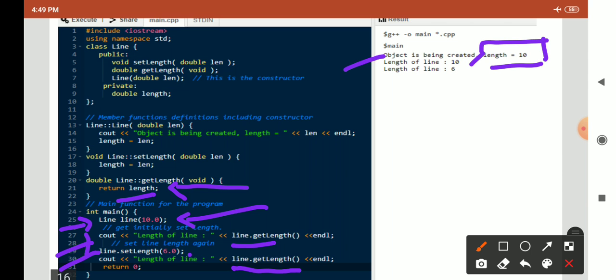Previously we set the value to 10 by default, but now we change that value to 6. So now the printed value is 6. In this way we can assign a default value to a variable.